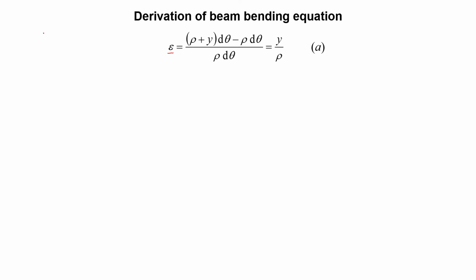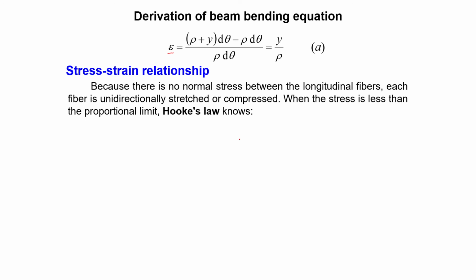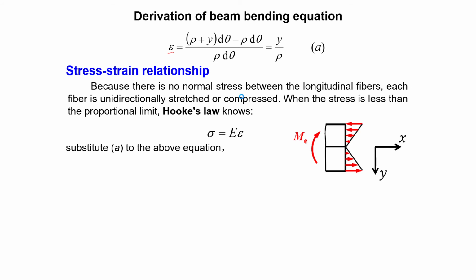Now you need to think about Hooke's law, the stress-strain relationship, because in that sense, we can simply use Hooke's law, which is sigma equal to the modulus times the strain, and substitute that equation to here. Now, what you get,